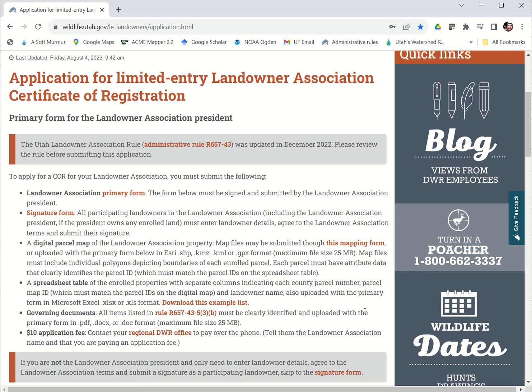This is a demonstration on how to use the Utah Landowner Association mapping form. If you would like to use the mapping form to submit the parcels that are included in a landowner association boundary. We can also take LOA boundary in the form of a shapefile, KML or KMZ,